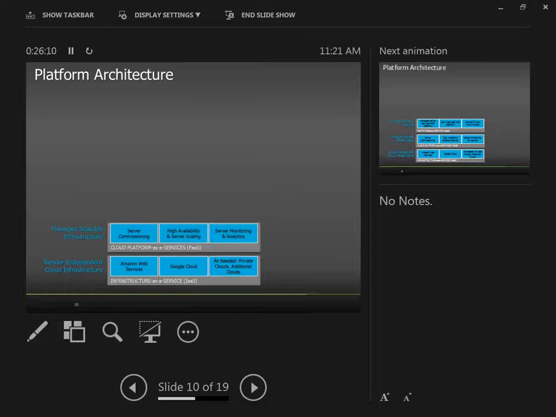Then when you go to the next level, the PaaS layer, your Linux server becomes a database server or a messaging server, maybe an application server. This kind of specialization of the server is called server provisioning or commissioning. And this is automated by that PaaS layer, or otherwise called the cloud management layer.